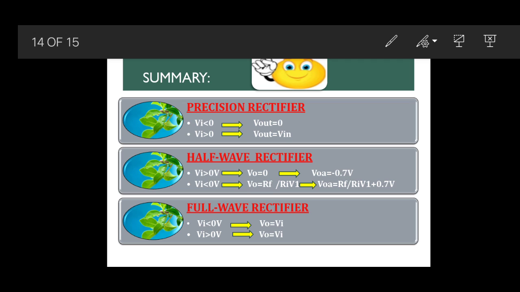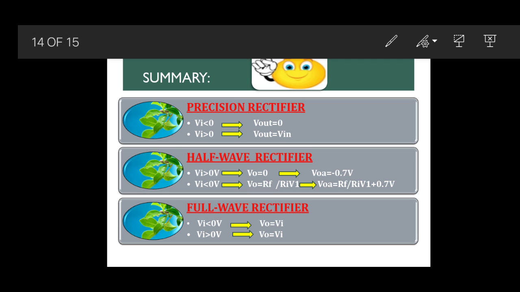Next we have seen the 2 main applications of the precision rectifier, that is the half-wave rectifier and the full-wave rectifier. The half-wave rectifier circuit performance: when Vi is greater than 0 volt, V0 equals 0 volt. Then VOA, the output voltage of the operational amplifier, is minus 0.7 volt. And when